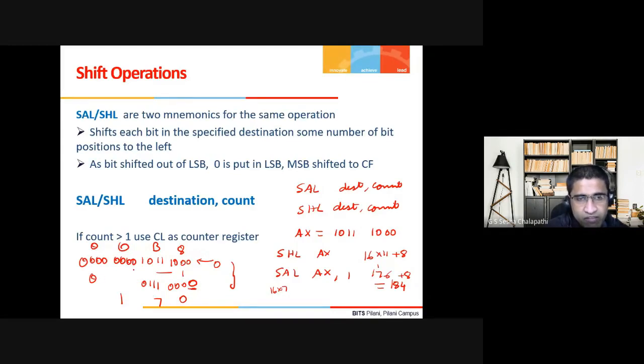After you shift left by 1 bit, it will become 0170, which is twice 00B8. So you are shifting by 1 bit to the left, and this will become 0170, which is twice this. So this is what will happen in shift left.